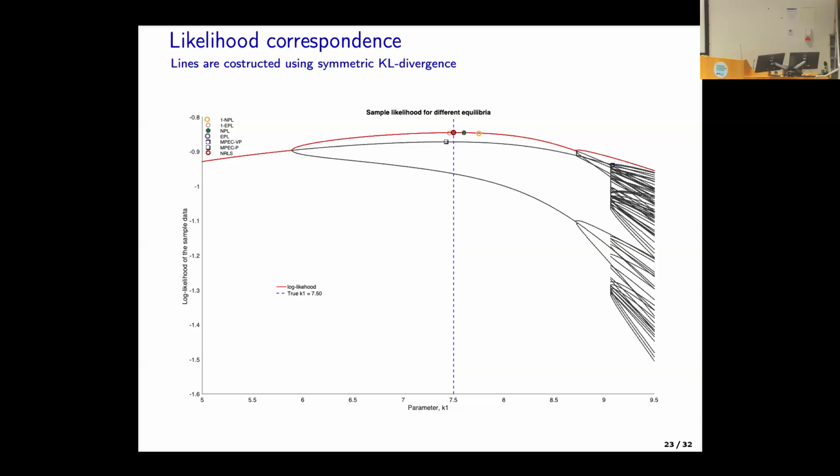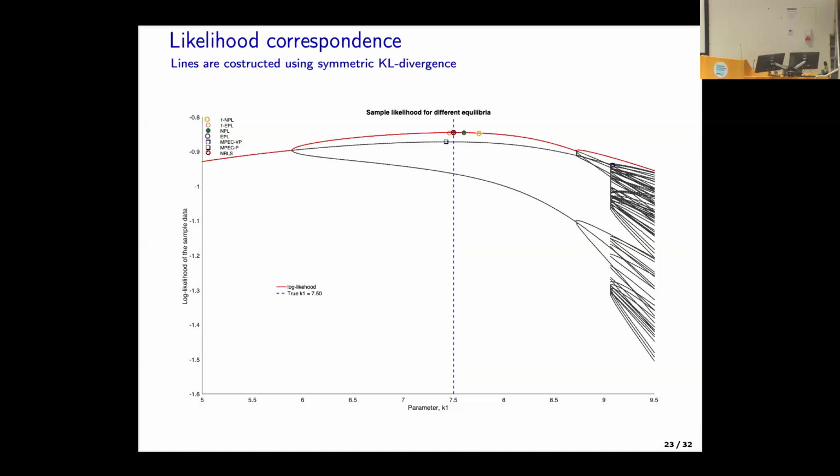Well, that's using that KL divergence. We vary the parameter, we solve the model again and again, and create all these different likelihoods conditional on the different equilibria that we find. But that just gives a bunch of dots. Now we want to make a graph and make them connected. So we use this KL divergence to measure the distance between different equilibria, and we connect to the closest one. So we say that those on the same line are the same type of equilibrium. A little bit like Victor was talking about in the beginning of the week.